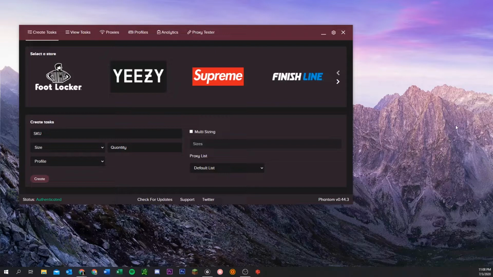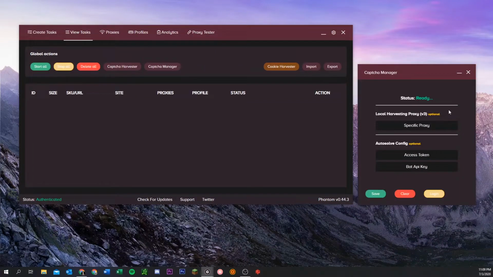Now, your V3 invisible captcha score is what determines the likelihood of you getting through the splash. You can easily look this score up. I wouldn't recommend testing it very often because it will lower it. This score can be 0.3, 0.5, 0.7, or 0.9. And you're going to need a 0.7 or 0.9 Gmail to get through the splash screen. So when you log into the captcha manager with this button right here,